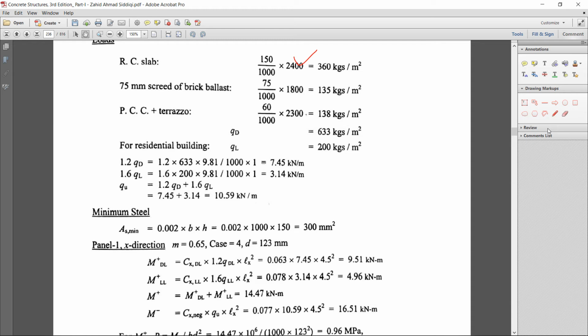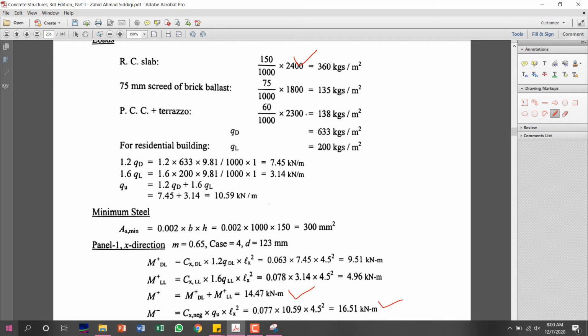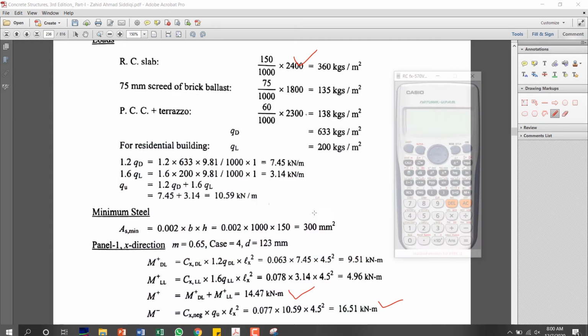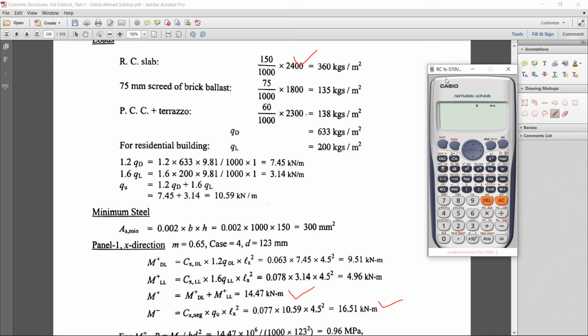Now we have positive moment, we have negative moment. So now we can calculate the area of steel. For calculating the area of steel, you can use the same exact formula: 0.85, fc prime is 18, divided by fy, that is 280,